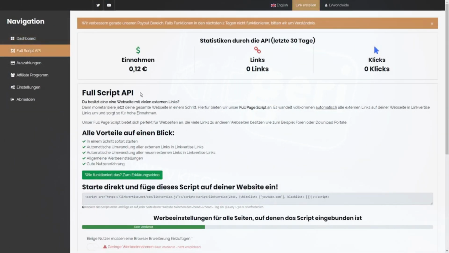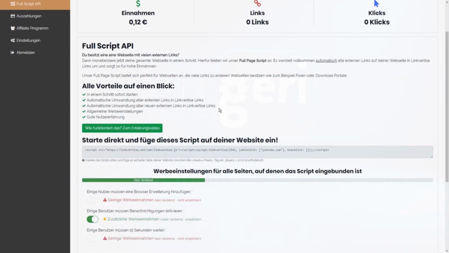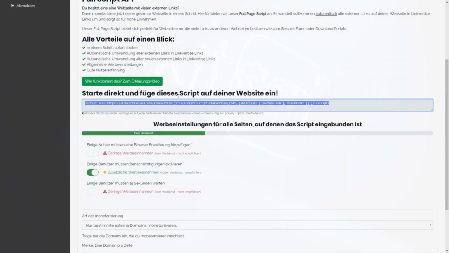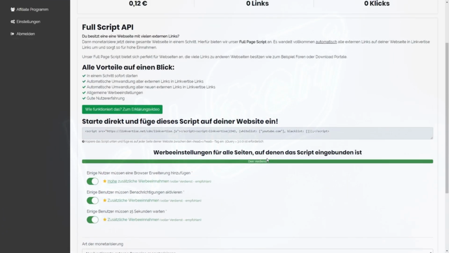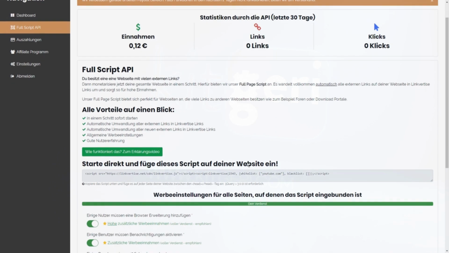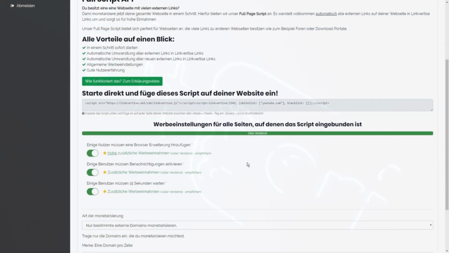You just have to copy this script from your account and paste it on your website, and every external link will automatically be converted. That means if any post has some kind of link in it, it will automatically be monetized and you earn money with every click on that link. This is an outstanding opportunity for every forum operator. The link to linkvertis.net is in the video description, and you can try it out and implement the API on your websites. I'm sure it will be absolutely worth it, particularly because you can use it in addition to all the other forms of monetization.